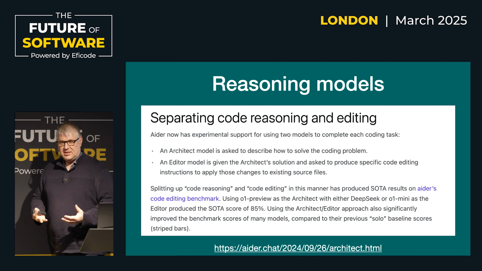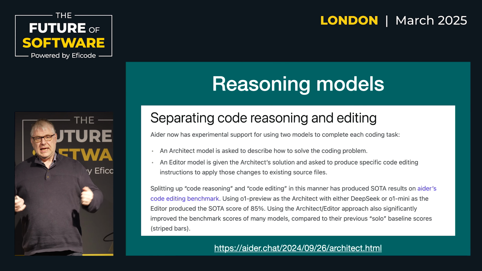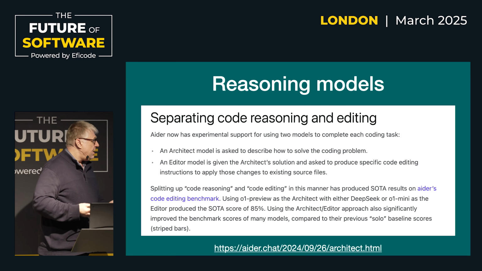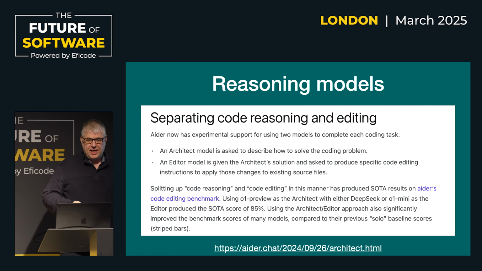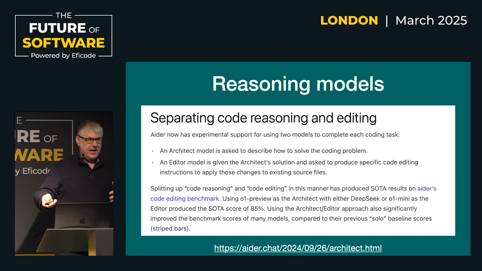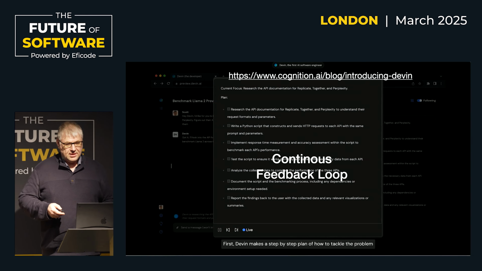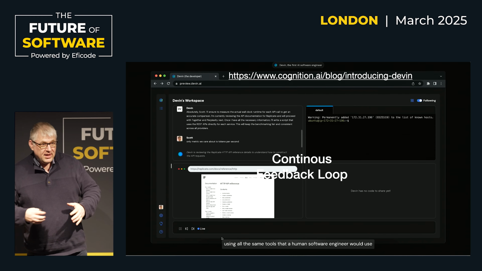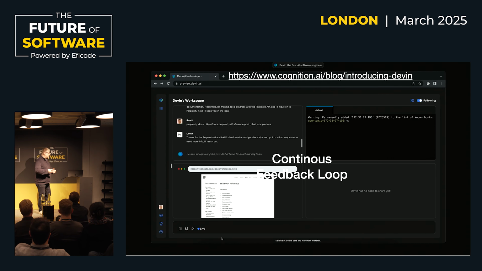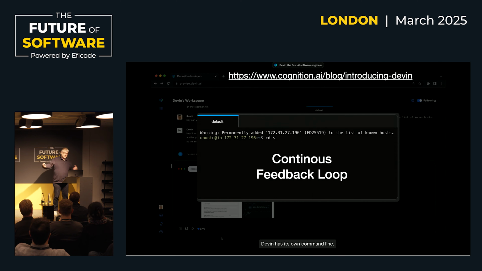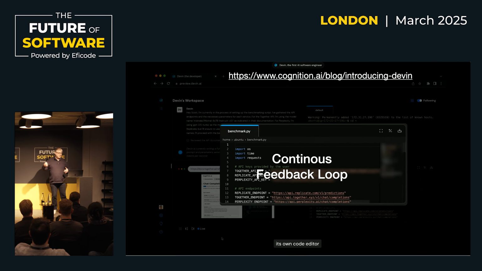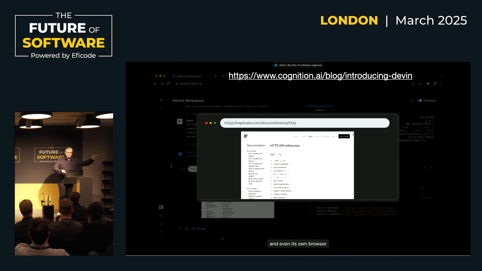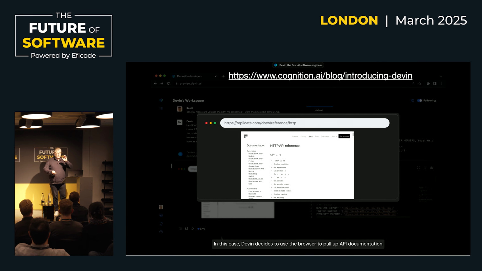And then came reasoning models. So instead of just doing the completion of the code, it started more thinking. Obviously, it's not thinking, but breaking down our problems and reasoning what we should do and then doing the suggestions. And one of the tools, I don't know if you came across that, Devin, made a big splash saying, well, we can just do that continuous loop. It actually looks at the terminal, opens the browser, does that stuff, right?